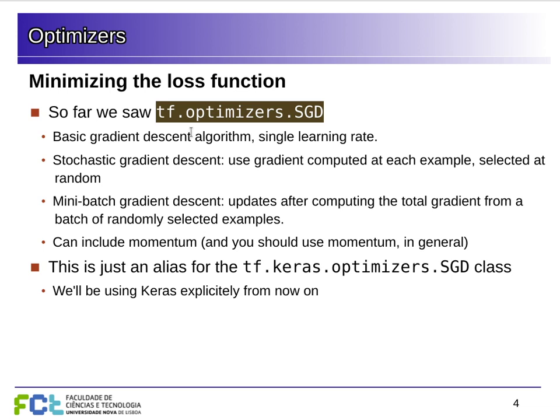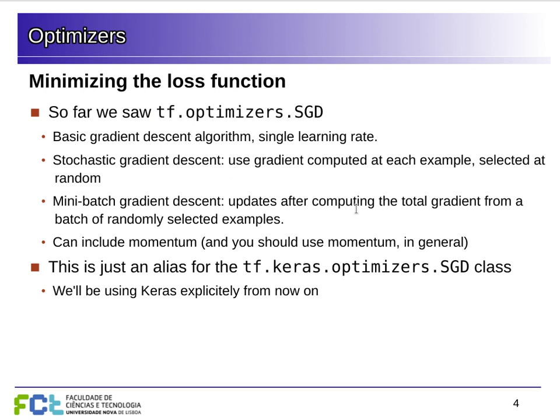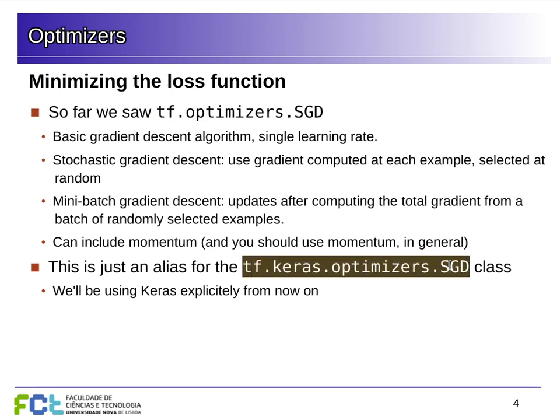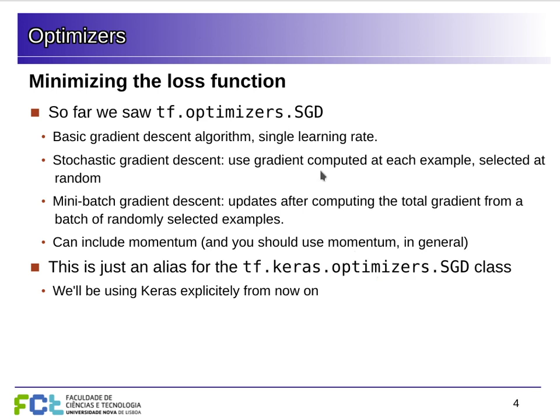at present with TensorFlow 2, Keras is now so much integrated into TensorFlow that the optimizers are the ones from Keras. So if you check out what this class here is, it's actually just an alias for the SGD class in the optimizers module of Keras. So since today we're going to start using Keras, I'm going to use explicitly the classes of the optimizers from Keras from now on. But this stochastic gradient descent we saw is stochastic because it estimates the gradient given a random sample of the data, so usually a mini batch, although we can also use it with one example at